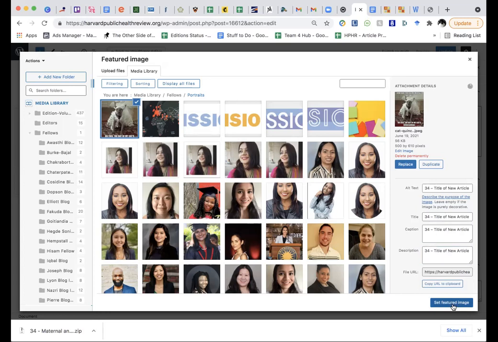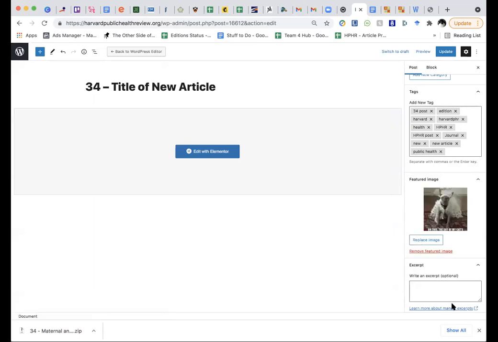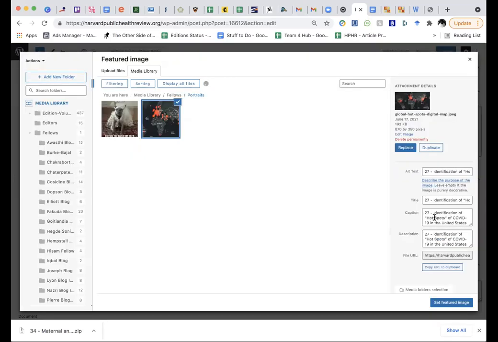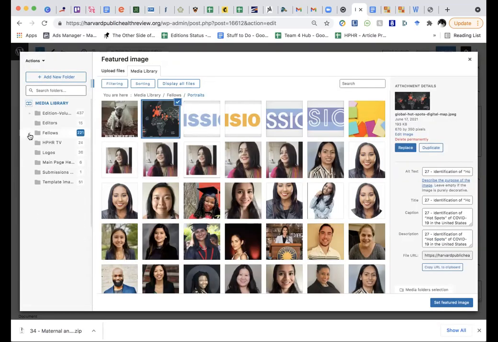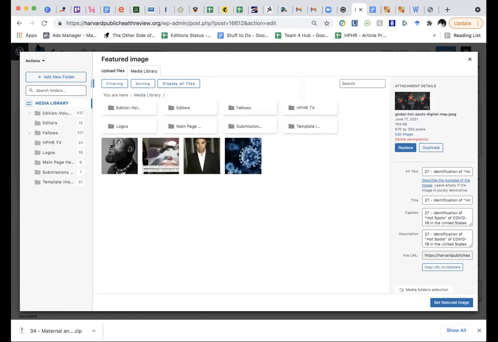With that, you just hit your featured image. And the other thing I just want to point out is I always organize all of these images. So you can see here, this is the media library. So you see this image here.